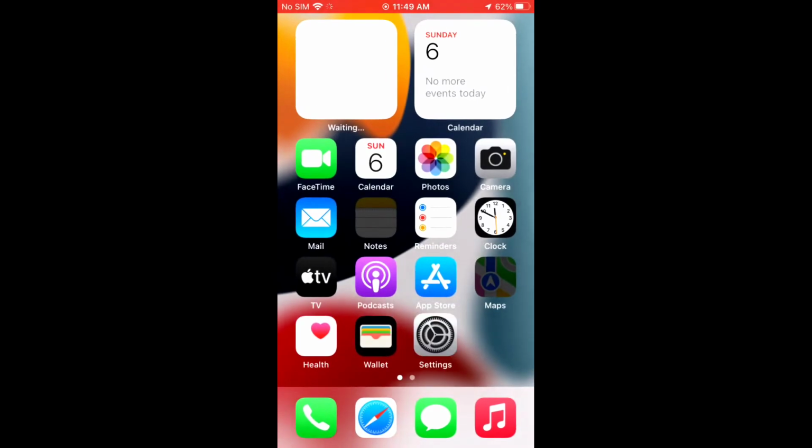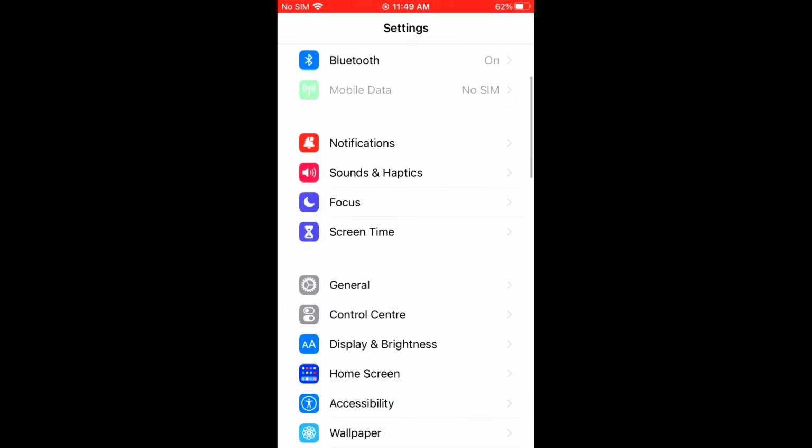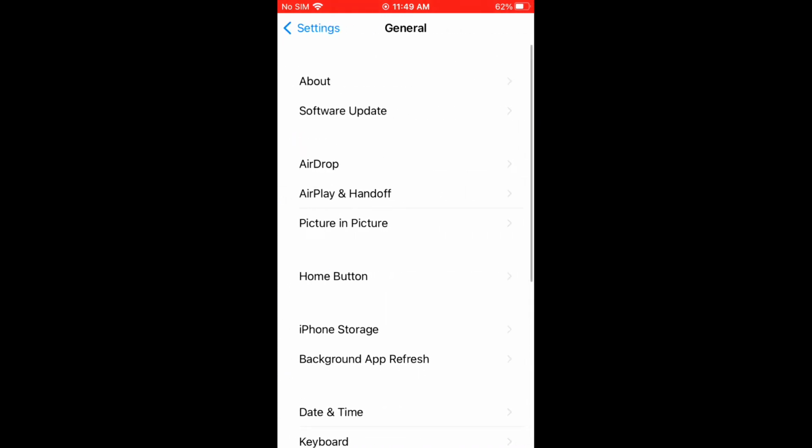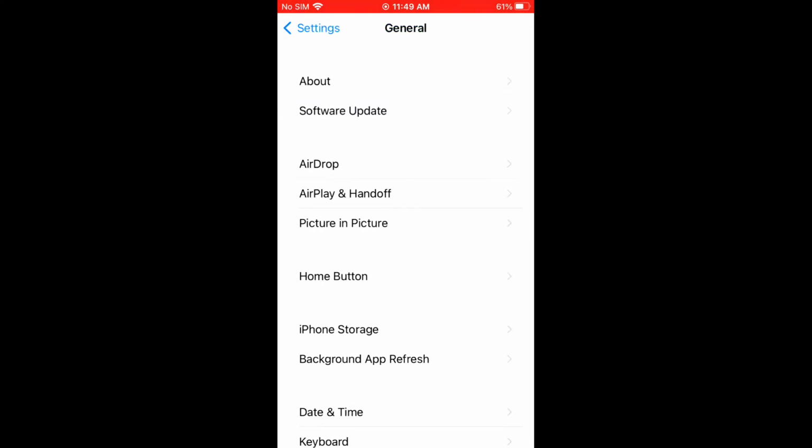open Settings, tap on General, tap on Software Update to check our iOS update, 15.3.1. So go back,